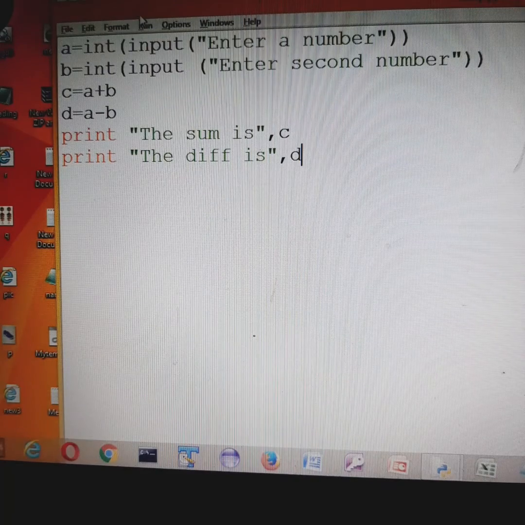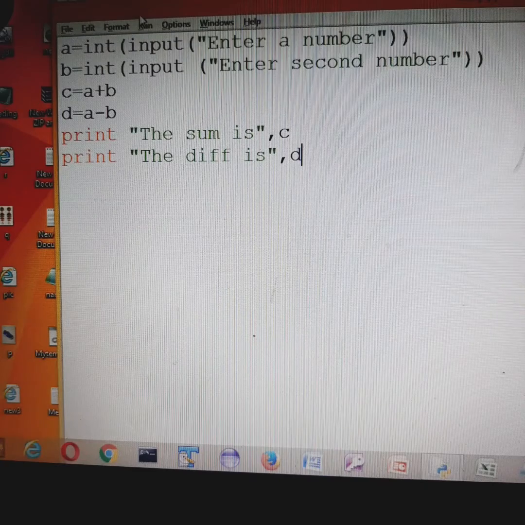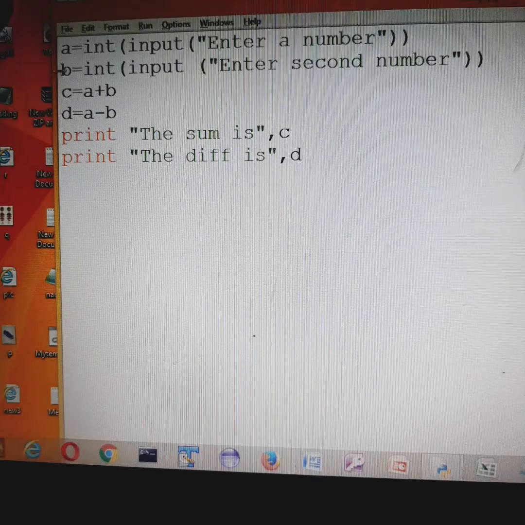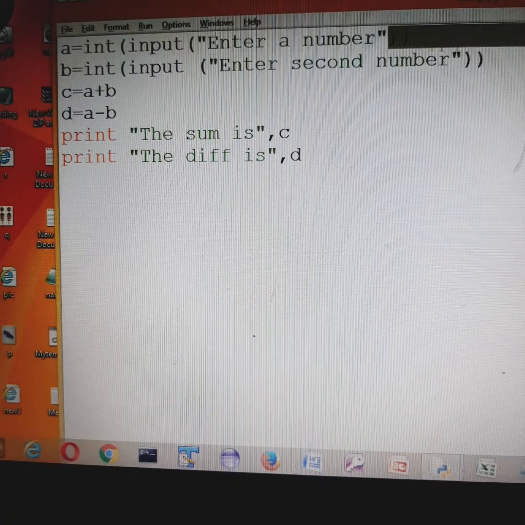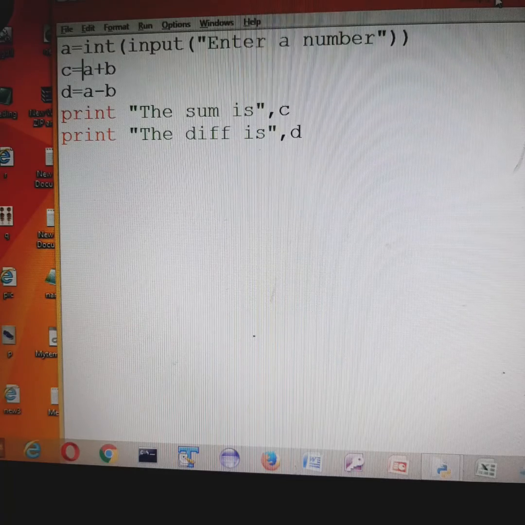And suppose a question is given to us that you have to enter a 2-digit number and print the first and the last digit. In that case I'll take only one number from the user and I have to print the first and the last digit.